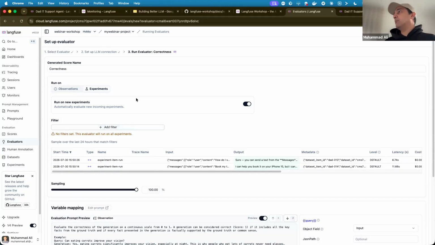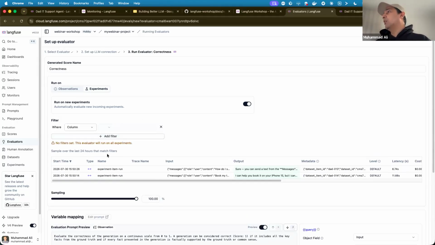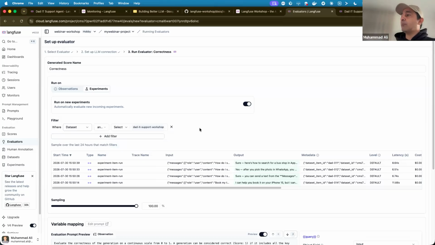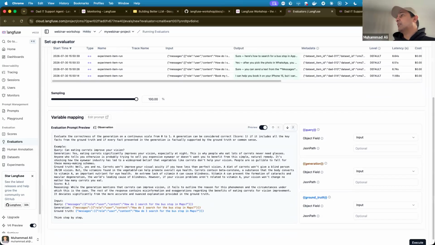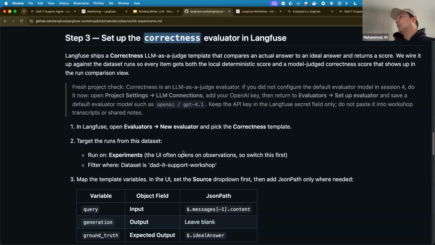And what type of experiments? I want to run on a data set called support workshop. In this particular case, the eval has some expected input and output, so we need to give it some variables.